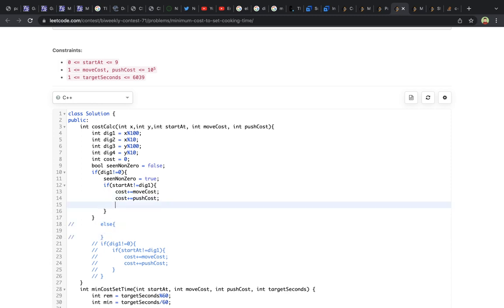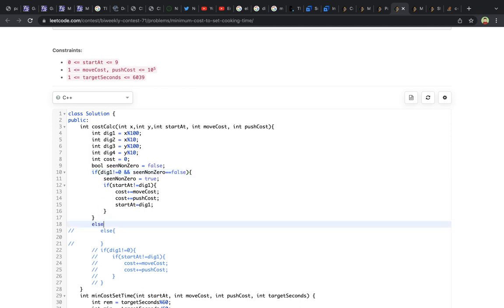So what I'm going to do is basically start at becomes equals to the dig1, because we have pushed that and we are at that position now, and seen non-zero is equals false. So we haven't seen a non-zero. Then we should do this, and